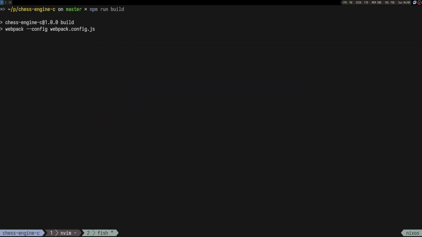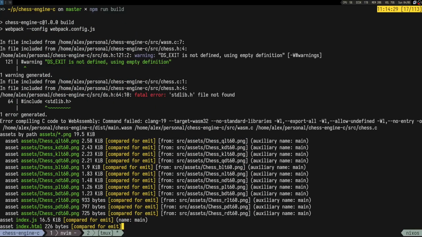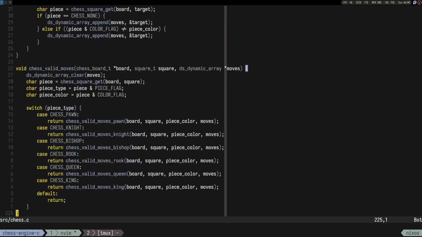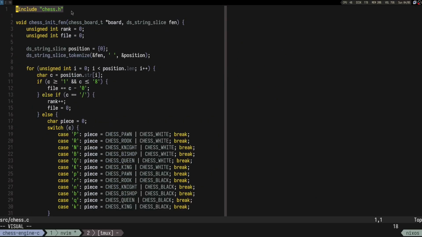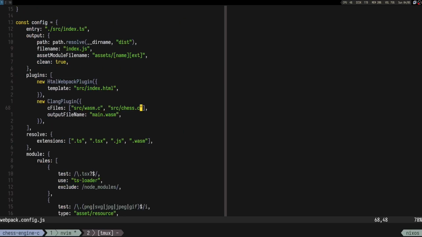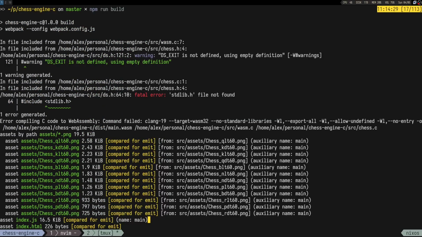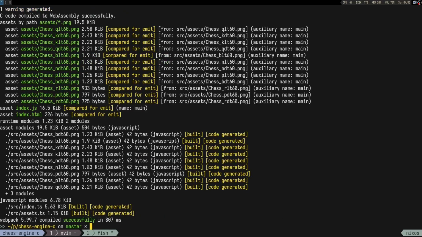Like you think I need that as a, and yeah, here I guess you see the error that inside chess.c we include chess.h, right? But we don't have those defines. Interesting. So what you're telling me that if I just build this it works? I mean, it doesn't make sense, but